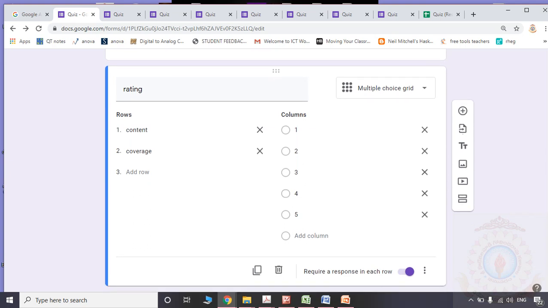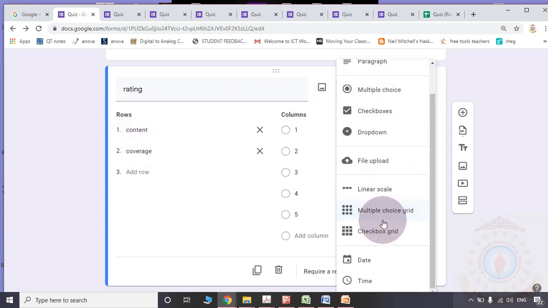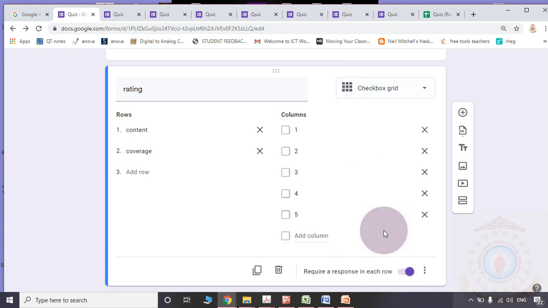So similarly here, you may show any number of options in the place of rows and any number of options in the place of columns. That is as per your wish, and that depends on the type of the question. Here you may exchange the information, like in the place of the row you may show 1 to 5, and in the place of the column you may give the sub question like content or coverage also. If I am selecting checkbox grid,